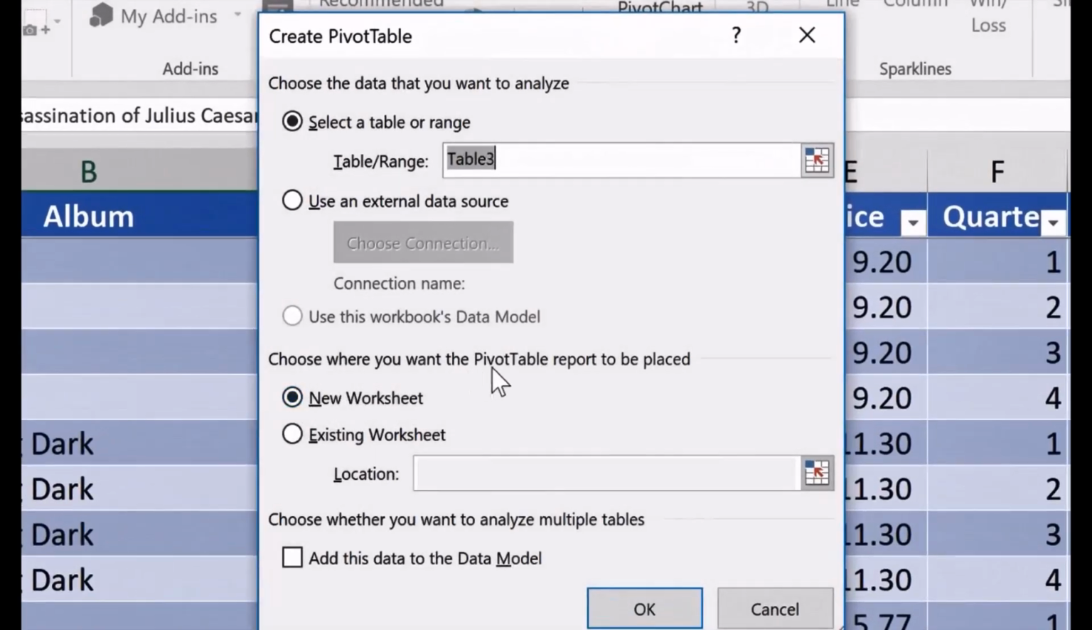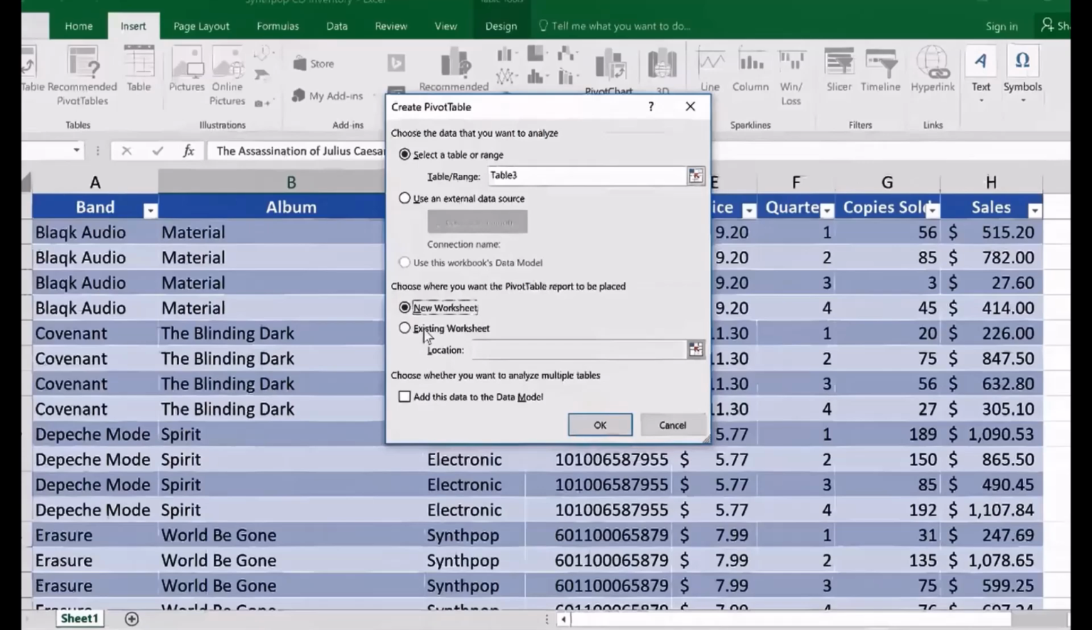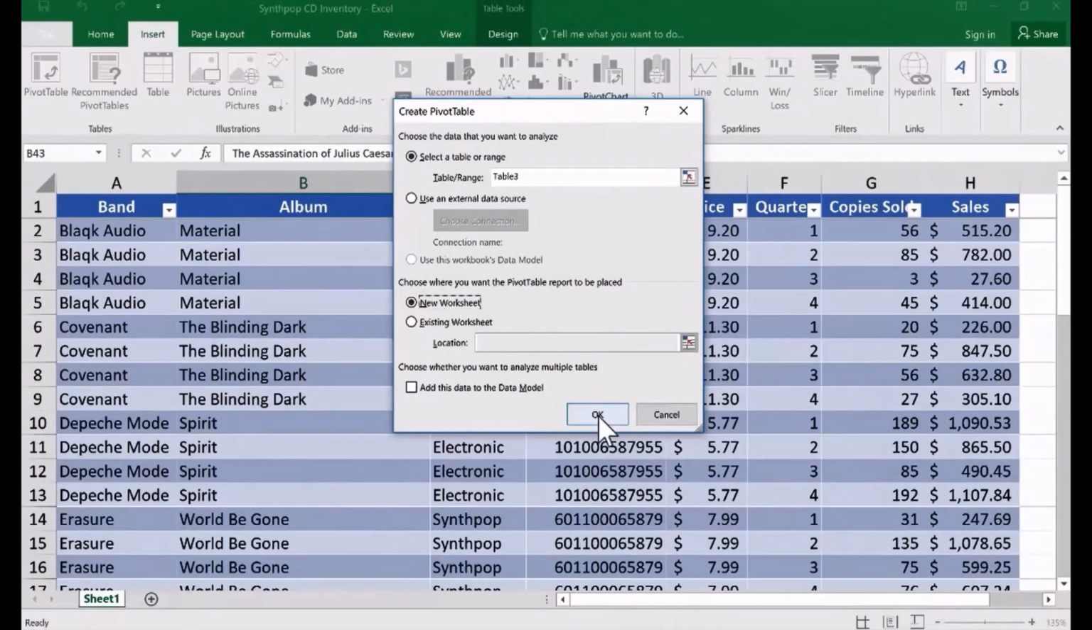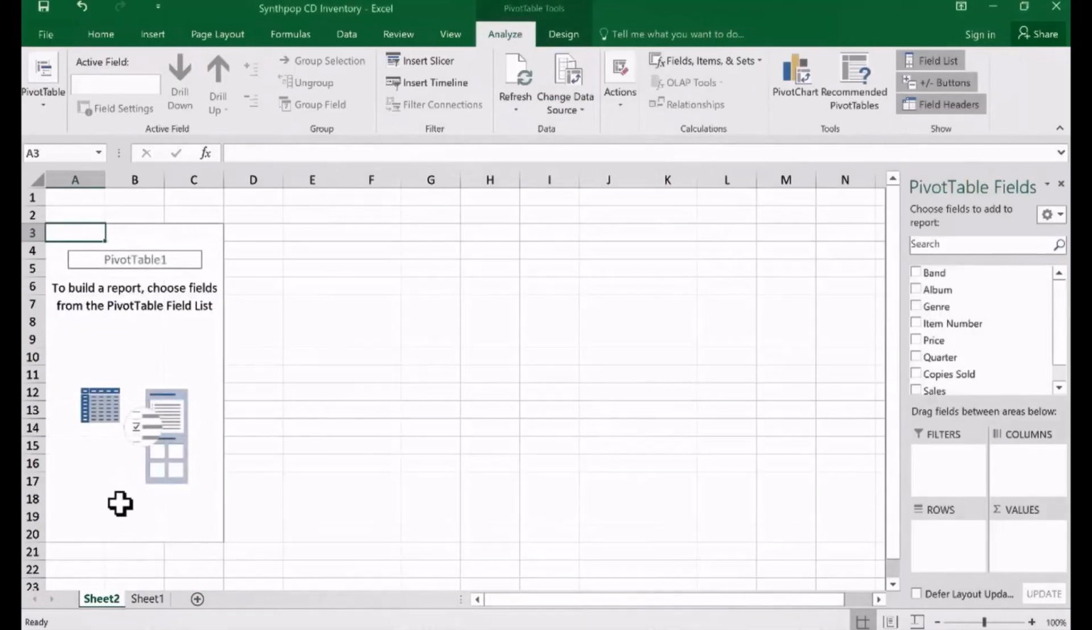Next, I'm supposed to choose where I want the pivot table report to be placed. Somewhere in this existing worksheet? If so, I'm going to have to specify the location. For me, I almost always choose New Worksheet. That way it just gives me another sheet and it puts the pivot table there on the sheet. It's just cleaner that way. Okay, so I'm ready to create the pivot table. I just click OK. And look, it created another sheet for me down here,